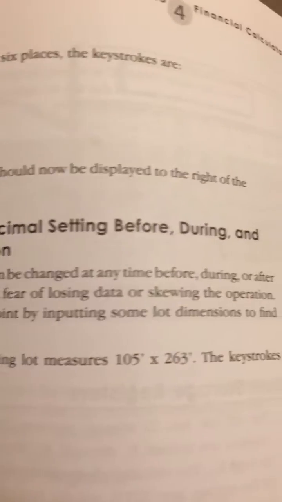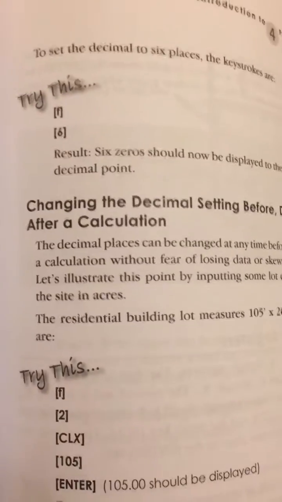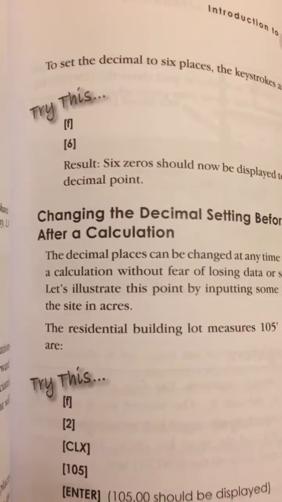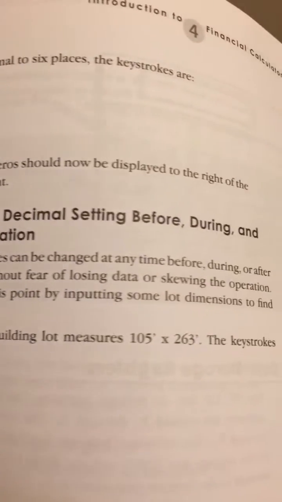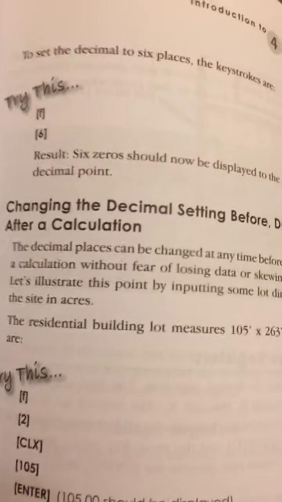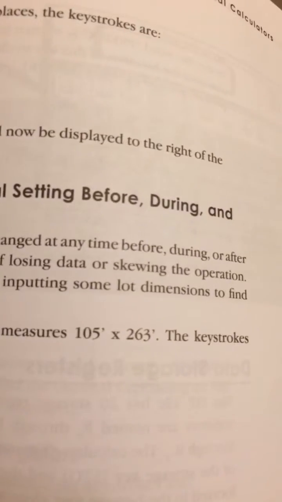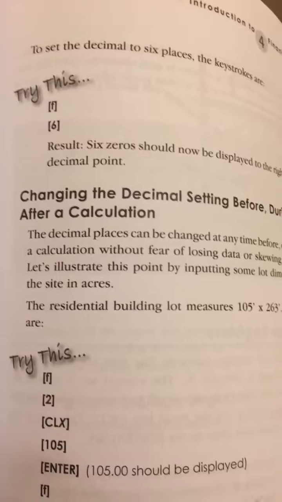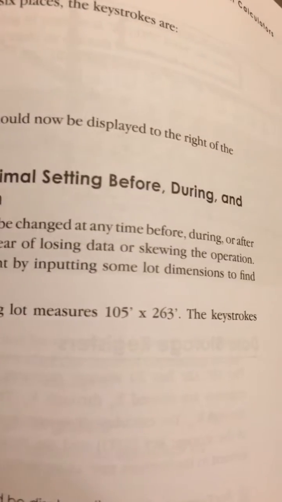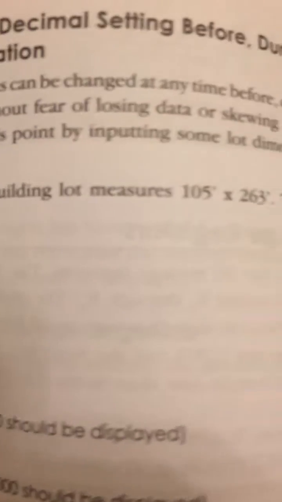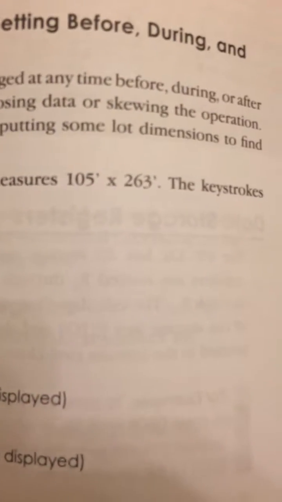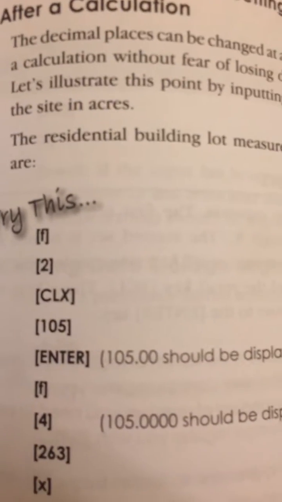Changing the decimal setting before, during, and after a calculation. The decimal places can be changed at any time before, during, or after a calculation without fear of losing data or skewing the operation. Let's illustrate this point by inputting some lot dimensions to find the site in acres. The residential building lot measures 105 feet by 263 feet. The keystrokes are, try this,